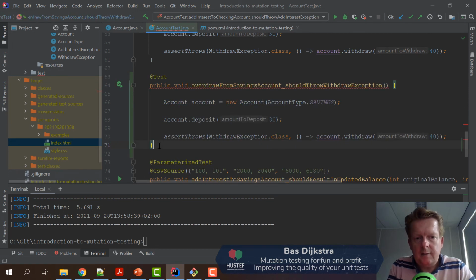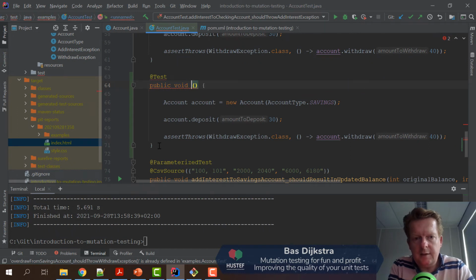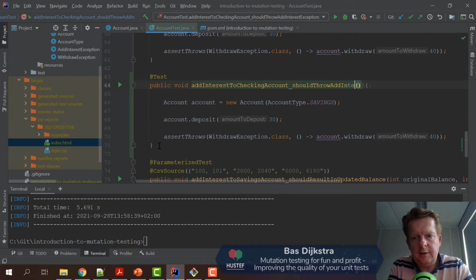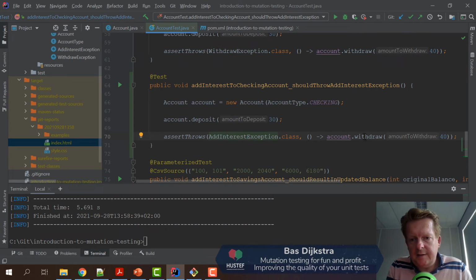So let's add a test here, and what we are going to do is add interest to checking account should throw add interest exception. So this should be a checking account. We initially deposit $30 and then we check that calling the add interest method throws an